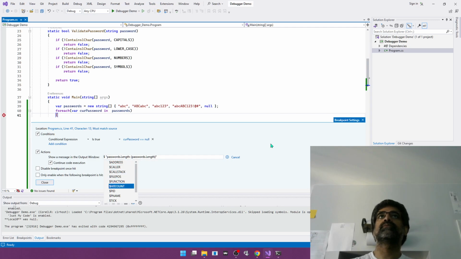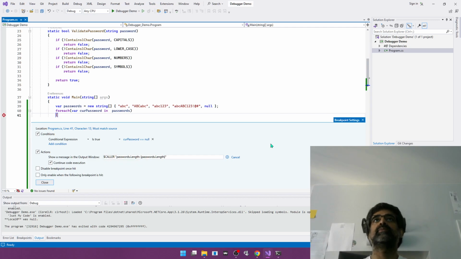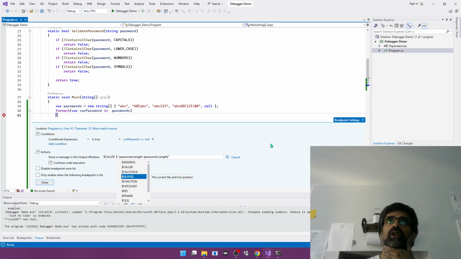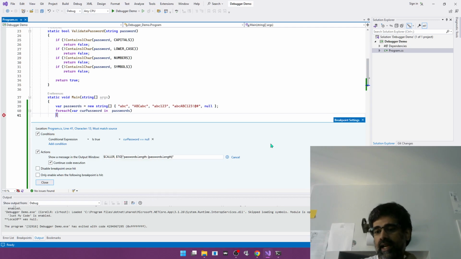So displaying what function I'm in, that's kind of obvious at this point. The caller, that might be useful in many cases. Maybe you have a reusable function that's only failing when it's called by a certain caller. TID is one I found really useful, thread ID. So if you have a multi-threaded application,